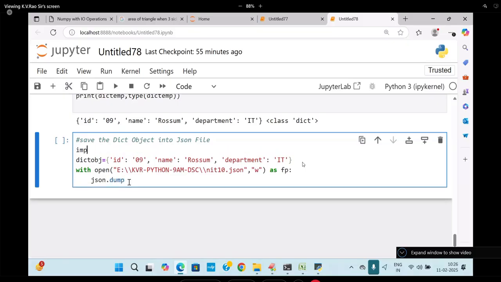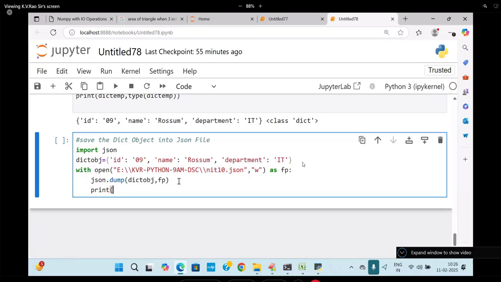JSON is a module I need to import. json.dump of your object dictobj, fp, the file pointer which is pointing to your file nit10.json created in this folder. Now I am writing dict data